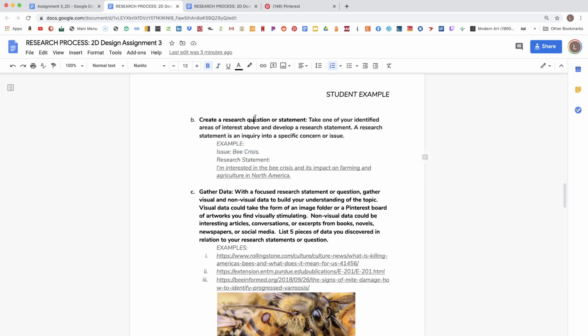You can either do this in question form or statement form. For this particular project, I just ended up doing a statement. So I am interested in the bee crisis and its impact on farming and agriculture in North America. All right, so this is pretty good in terms of a research statement. It's to the point. When I talk about the bee crisis, I could probably be a little bit more specific here and talk about the death of large colonies of bees and its impact on farming and agriculture